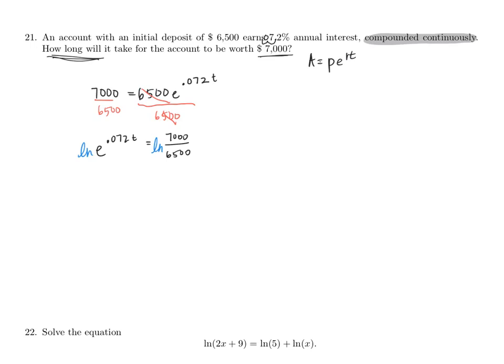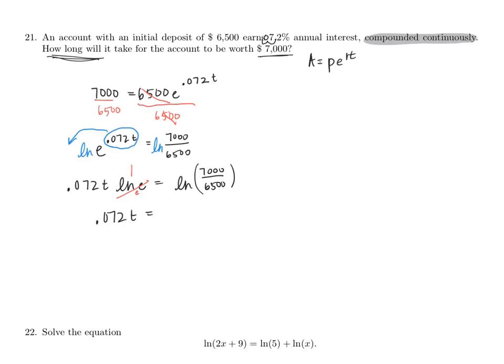Okay, and then I can bring down what's here in front of the natural log. So I'm going to have 0.072t times the natural log of e is equal to the natural log of 7,000 over 6,500. Remember that the natural log of e, since the base is e and that matches, is 1. Okay, anything times 1 is itself. So we're going to have